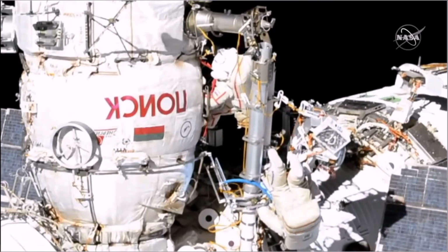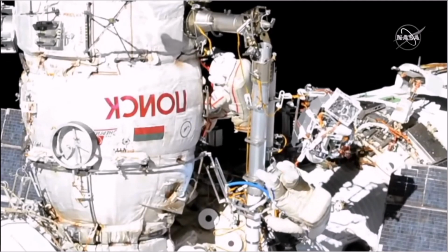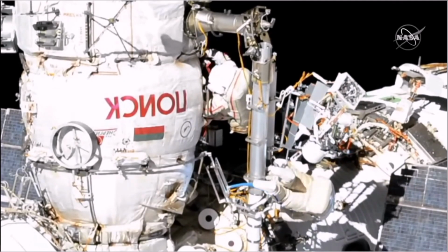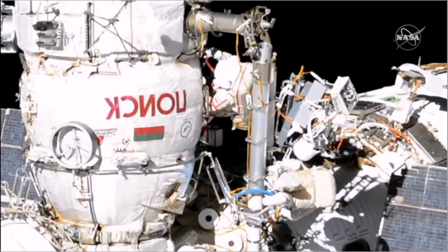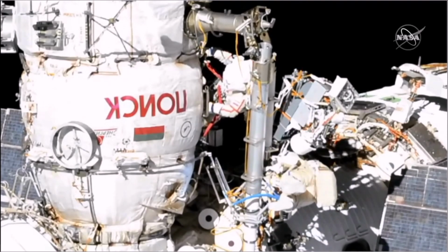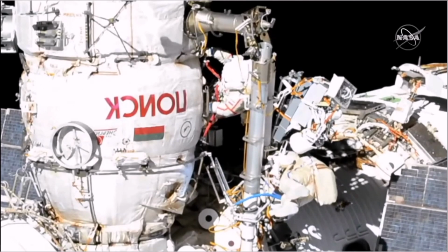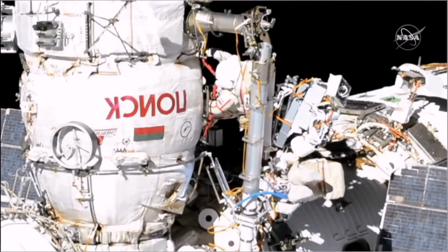When you get a chance, could you please make sure that the switch for the heating and cooling of the suits is in the neutral position, of course. Okay, I am turning on number 2 and the